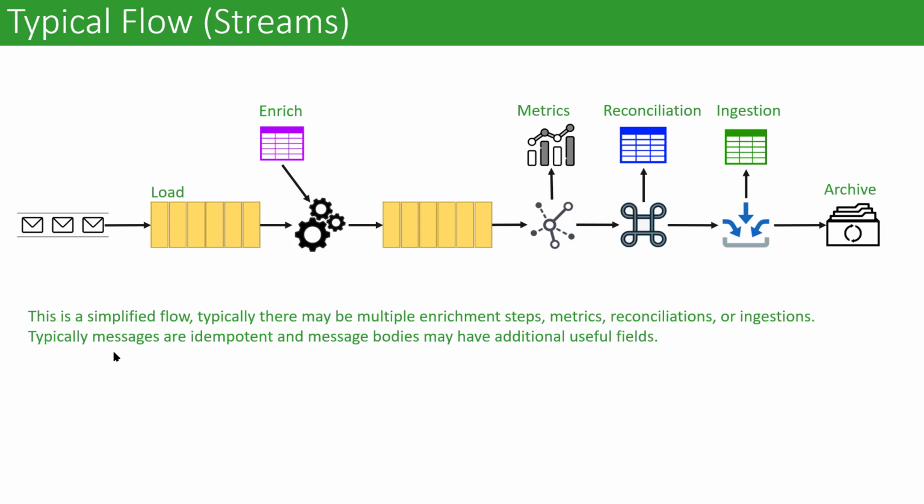And then ultimately you're going to end up putting the raw messages into an archive. You may put the enriched messages into an archive instead. In that case, you want to make sure that your enrichment is non-destructive. That is, that I can do a projection on the enriched message and get back the original message with some surety. And again, invisibly to this is the idea of an audit trail and idempotency and the ability to maintain a lineage to a particular piece of data, particularly if you're doing reconciliation and ingestion.